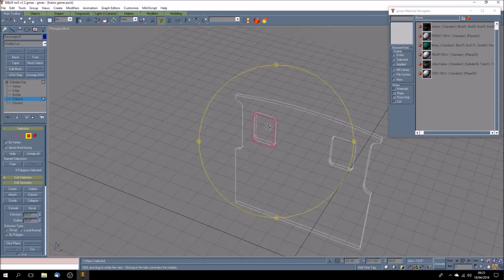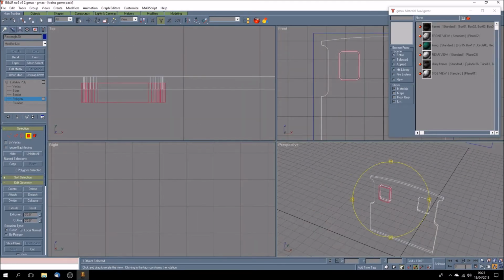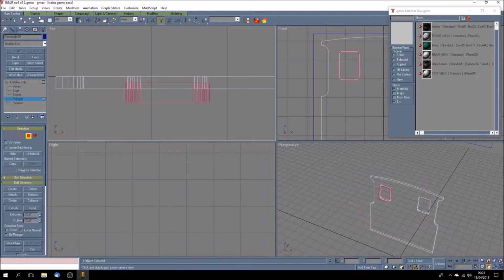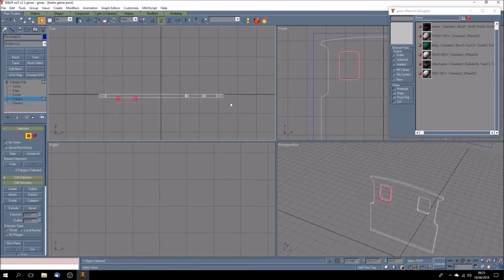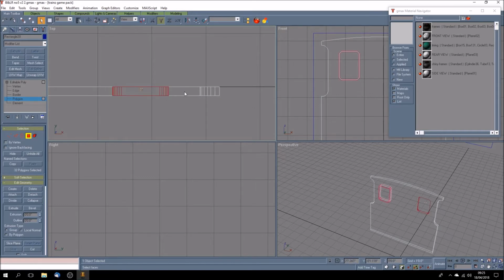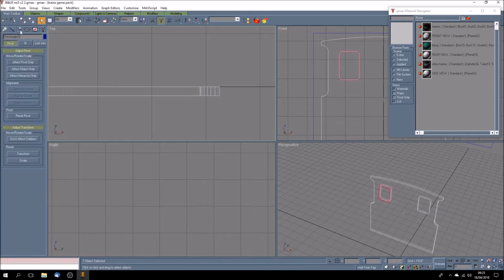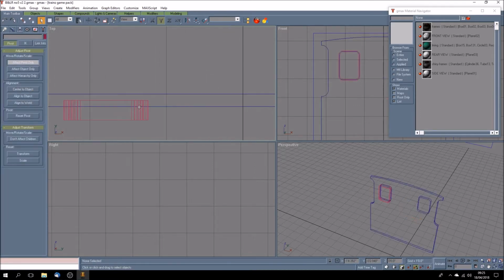Let's just put that down. Yep. And now I should be able to just get in. I'm coming down this way over here. There we are. And I can delete those. And I can delete those. Okay, and I can make sure that this is centered to the object. And so is this one. And then I can just use that to align